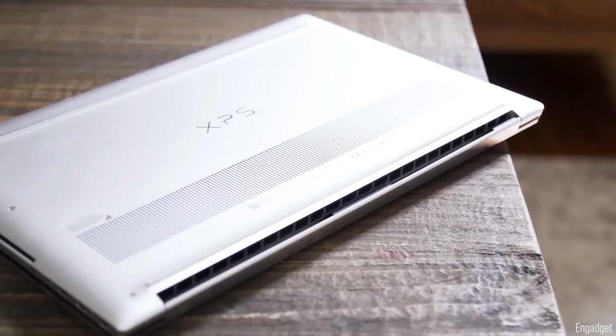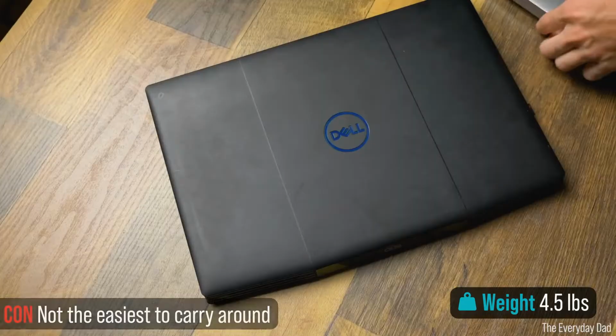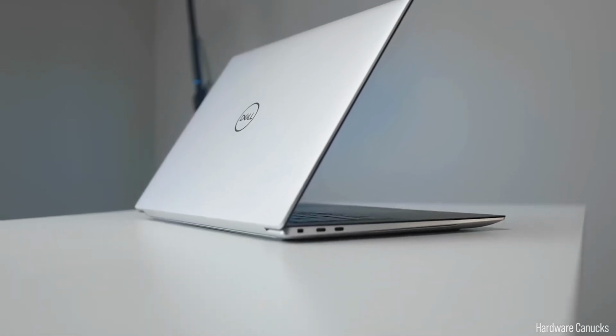its machine-cut aluminum chassis. Despite how lightweight it looks, it is quite dense, so it will feel heavy. It may not be as portable as an Ultrabook, but you can still carry it around reasonably well given the heavy specs it packs. In fact, laptop weight will probably be the last thing on your mind when you see